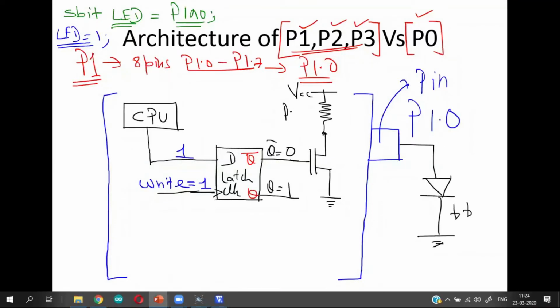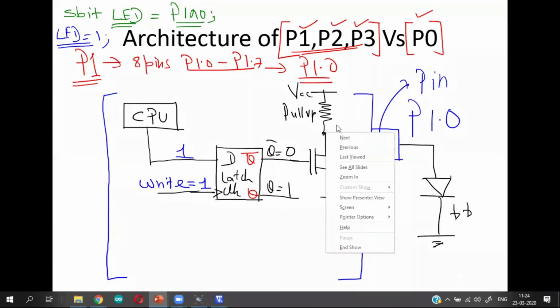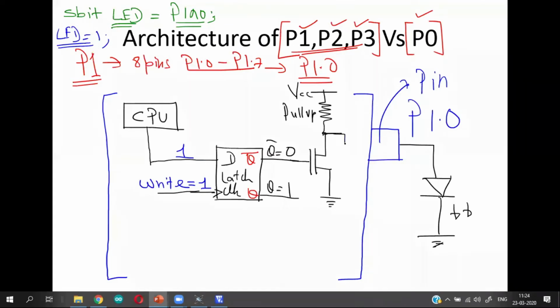This is called a pull-up resistor, which is present inside the microcontroller. What is actually coming out of the port pin, port 1.0, is the output of this particular point. So this is what is basically coming out as your output.